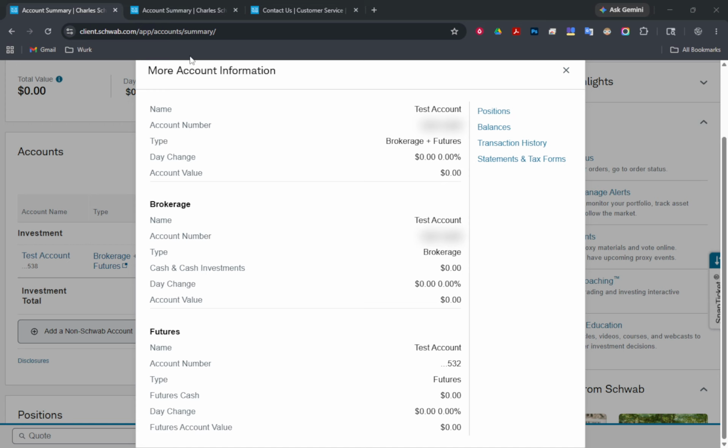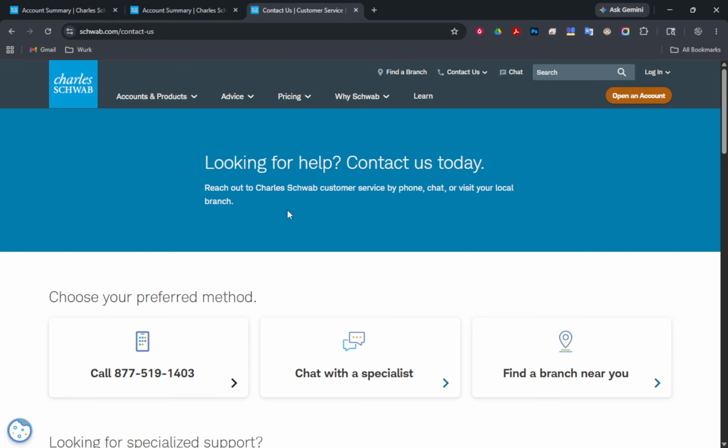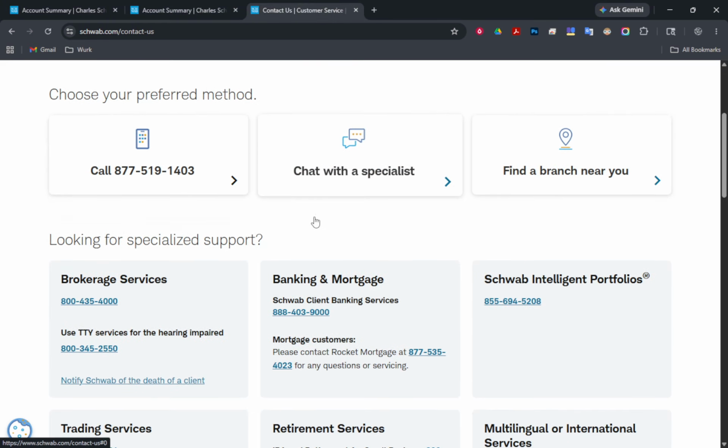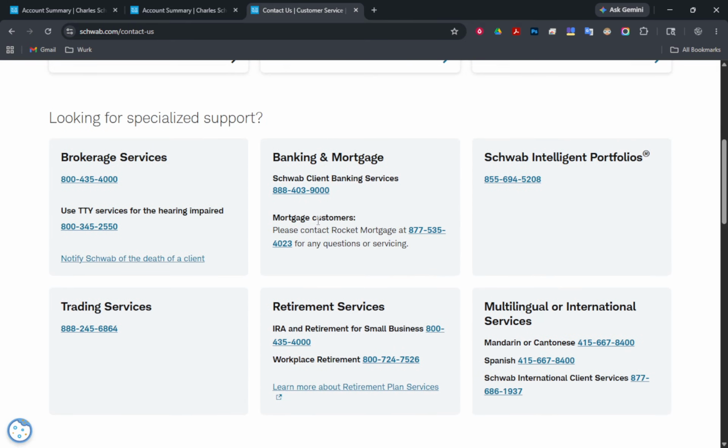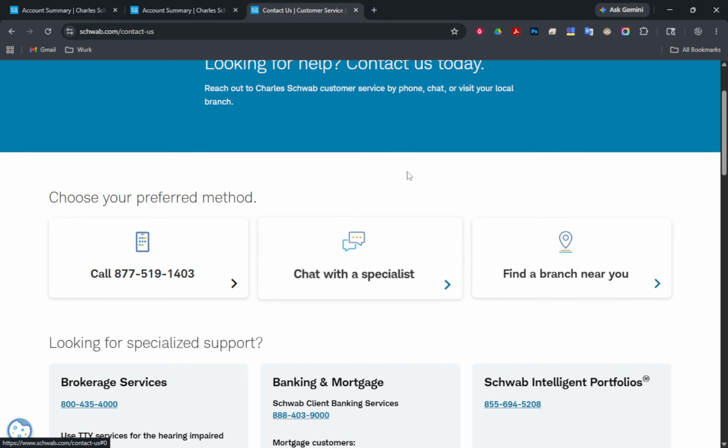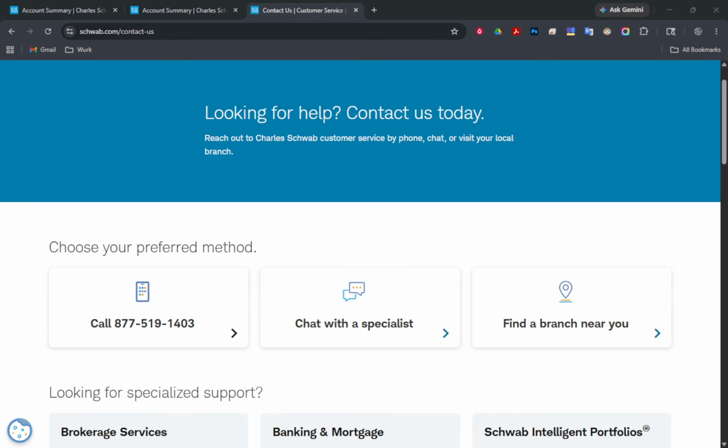For routing numbers and direct deposit, open your account details and look for a section labeled Routing Numbers and Direct Deposit. This is where you'll find the information you need for payroll or bank transfers. Remember, the routing number identifies the bank, while the account number identifies your specific account. If you still can't locate your account number,